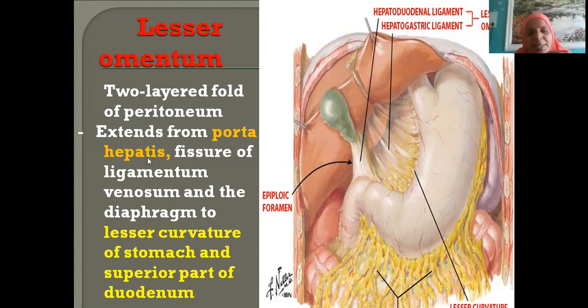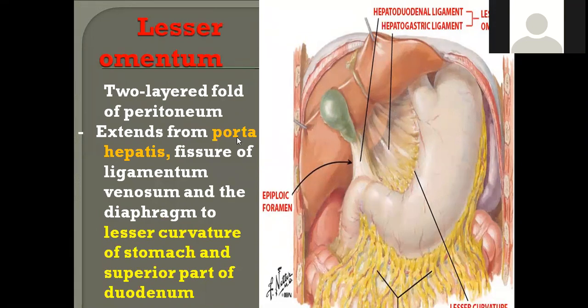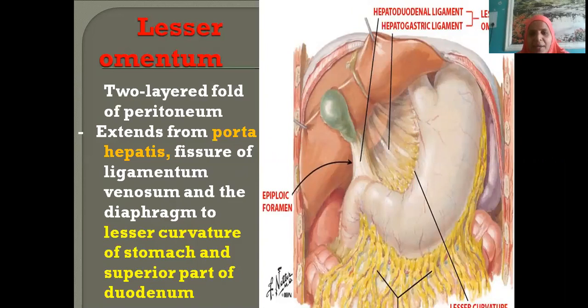For hilum, what is the meaning I told you for lung? Entry and exit point. Similarly, for liver, we use the word porta. Port means to enter and come out, isn't it? For liver, the word we use is porta hepatis. So, what are the structures coming and going? VAD. Can you elaborate VAD, Lokesh?